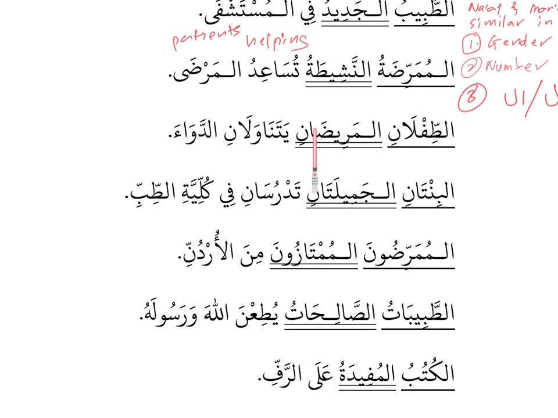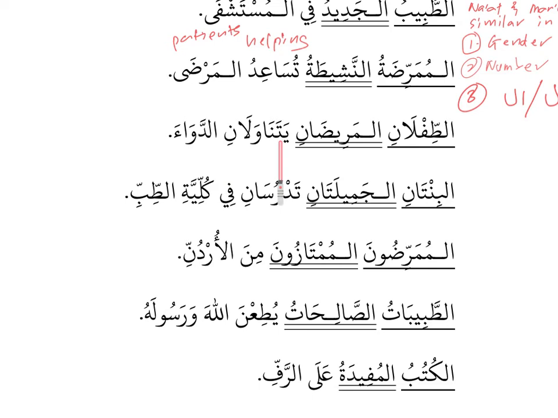At-tiflan al-maridan, the two sick children. Yeah, so here you look at the word tifl, you have this alif lam. Therefore, the word al-marid comes with alif lam. And at the same time, do not forget the first two rules. The gender, tifl muzakkar, marid muzakkar. Number, musanna, tiflan musanna, maridan musanna. Yeah. At-tiflanil maridan, the two sick children,